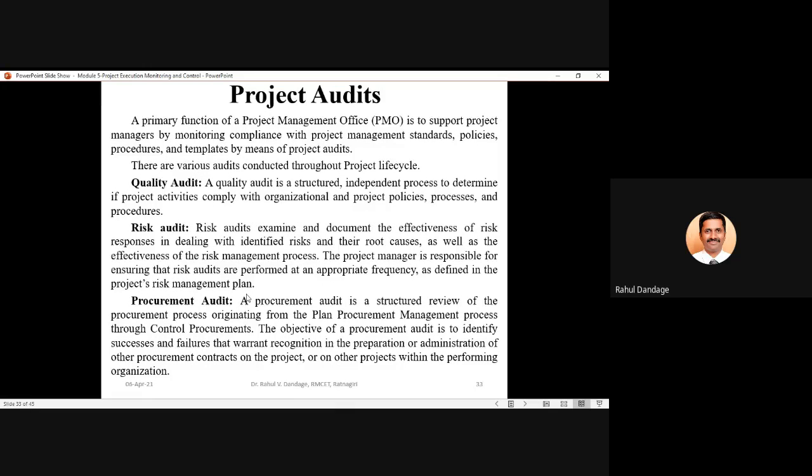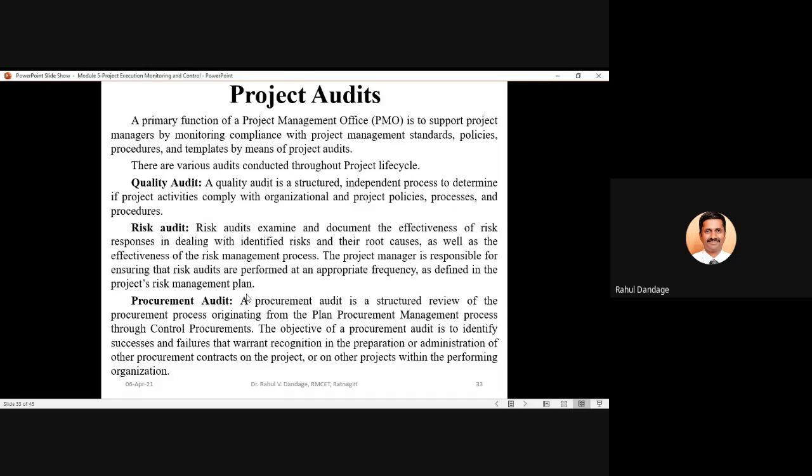The next discussion is about project audits. When we talk about project audits, audit is a very common procedure followed in various sectors. Especially, we know the audit as a terminology related to financial audits. For any firm, at the end of your financial year, all the accounts and the proofs for any transactions in your account will be cross checked and validated. That is nothing but your financial audit.